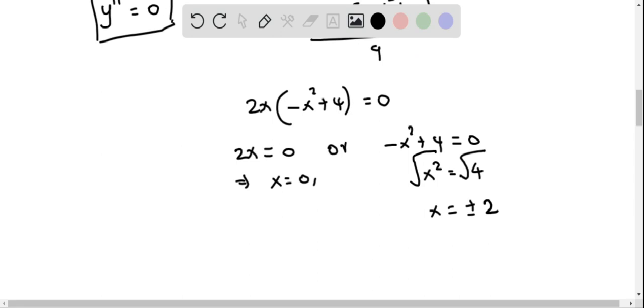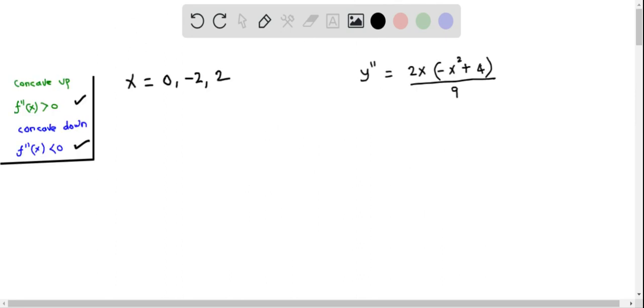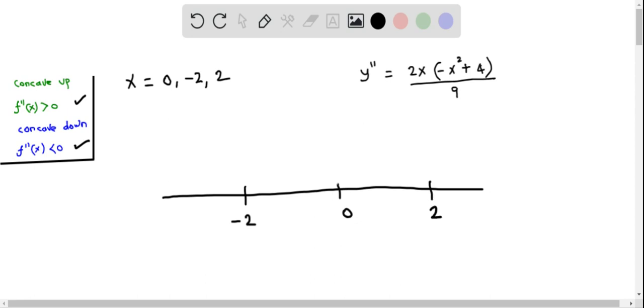Therefore, the values of x when the second derivative equals 0 are x equals 0, negative 2, and positive 2. Okay, now that we have determined the points where the second derivative equals 0, our next step is to prepare the sign chart for the second derivative. So let's do that. I put this number line and also put the points, that is negative 2, 0, and 2. And so here we have four open intervals,